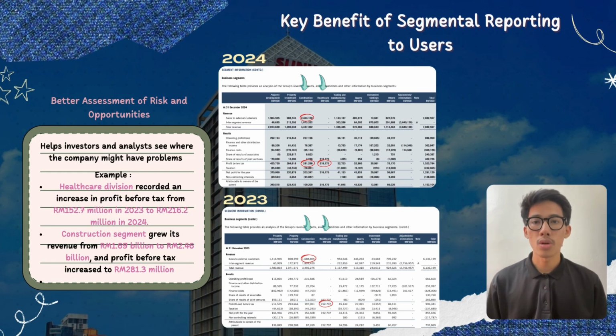It's showing a strong opportunity for growth. However, the construction segment grew its revenue from RM1.69 billion to RM2.46 billion, and profit before tax increased to RM281.3 million, which indicates positive momentum, but the segment still faces risks like high material costs and project delays. From that, stakeholders can make better decisions by seeing which parts of the business are stronger or more at risk based on changes